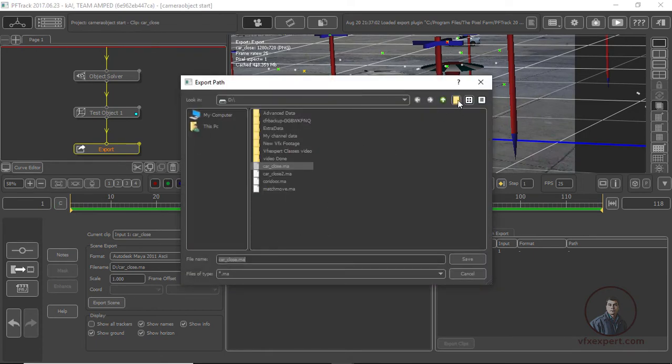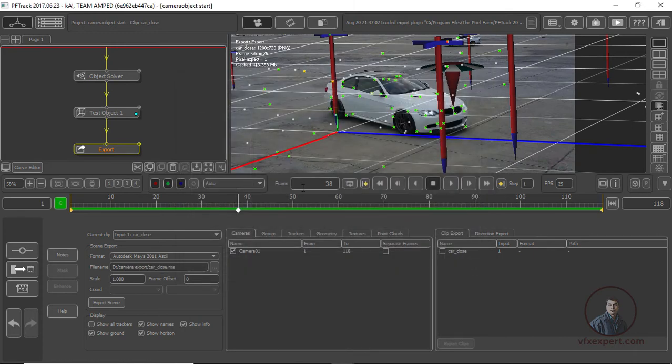From here you can also create a folder. Now just simply click on folder. Now just double click on this. Now in this folder you are going to save your files. Simply click on save. If you want to change your name, then you can change it. Now just simply click on save. After this you have to click export scene. This is important. After this you have to click on this option. Now click on export scene. Here you will see export succeeded.